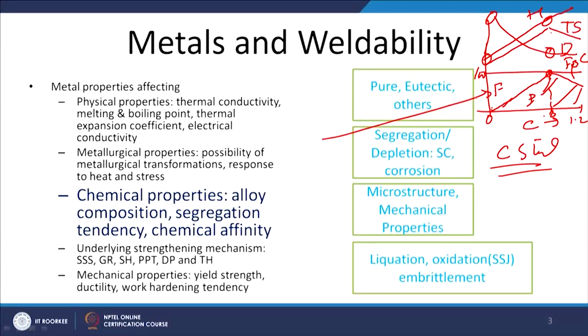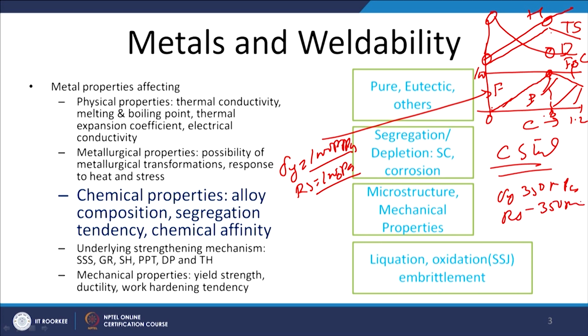While in case of fusion welding, the role of the mechanical properties probably is limited to the development of the residual stresses. For example, a metal of high yield strength like 1000 MPa can develop a maximum residual stress also of 1000 MPa. On the other hand, for another metal having a yield strength of 350 MPa, the residual stress magnitude can also be maximum 350 MPa. So, the residual stress magnitude can be maximum equal to the yield strength of the material, and